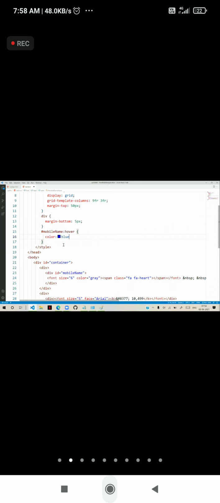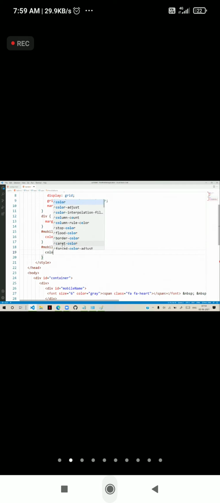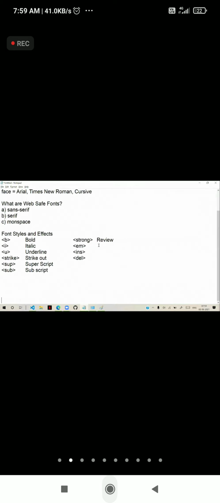Otherwise, for hash mobile name, the normal color will be black. You see now, when I move the mouse pointer onto that, it will be blue, and outside, it will be normal. On mouse over, it can display that color. So that is the general style we have given here.